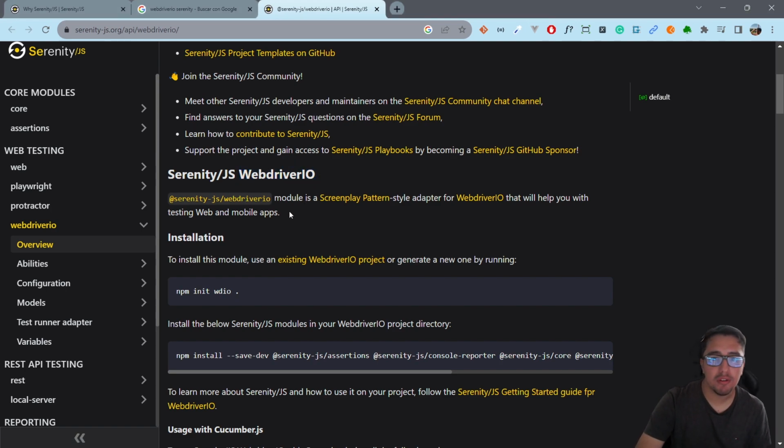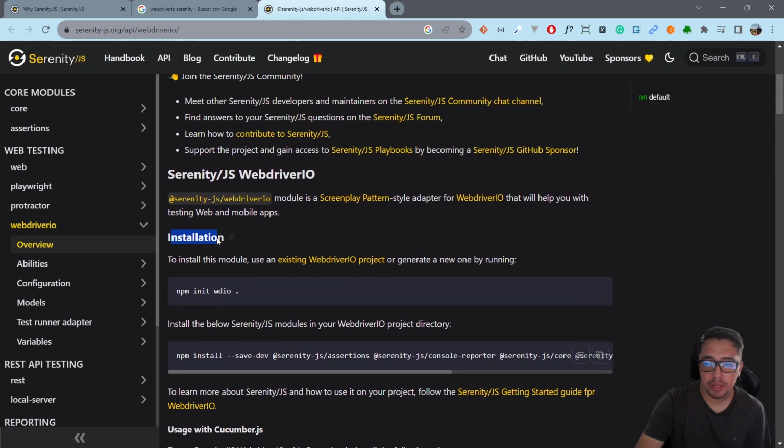As you can see in the official documentation, this integration module is a screenplay pattern style adapter for WebdriverIO that will help you with testing web and mobile applications. Today in this video, I want to help you with the installation process. I want to explain to you how the structure of the project is, how you can use the screenplay pattern and all the components that this particular